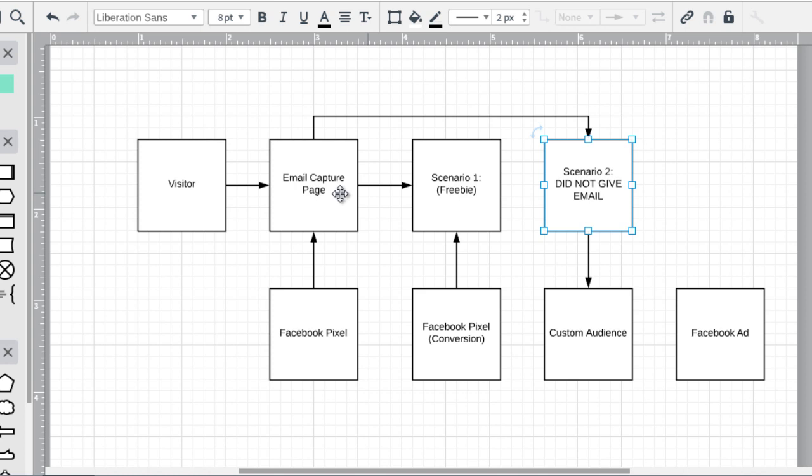So in certain respects, what this is going to do is if somebody visited this page, but they did not visit this page, then we put them in a custom audience. If they visited this page and this page, then we do not retarget them. Now, it's going to be a little bit easier to understand when I visually show it to you, but I just want to give you a bird's eye view here. So at this point,